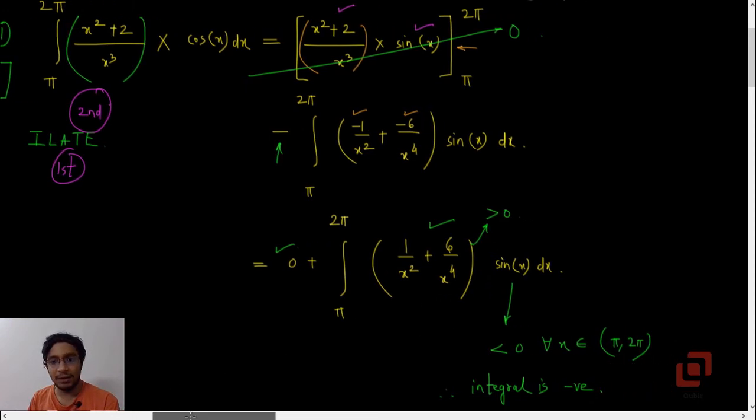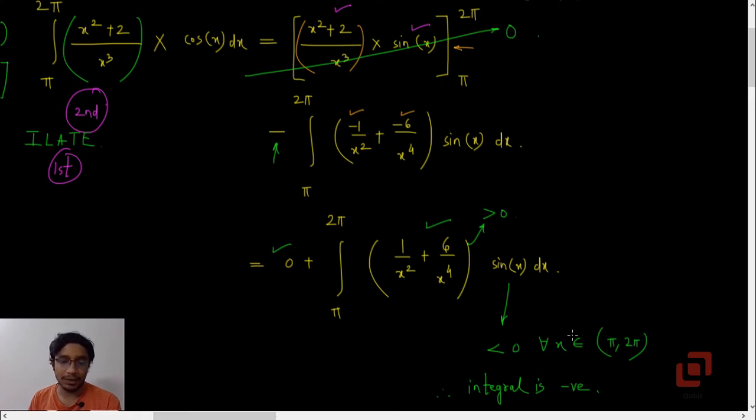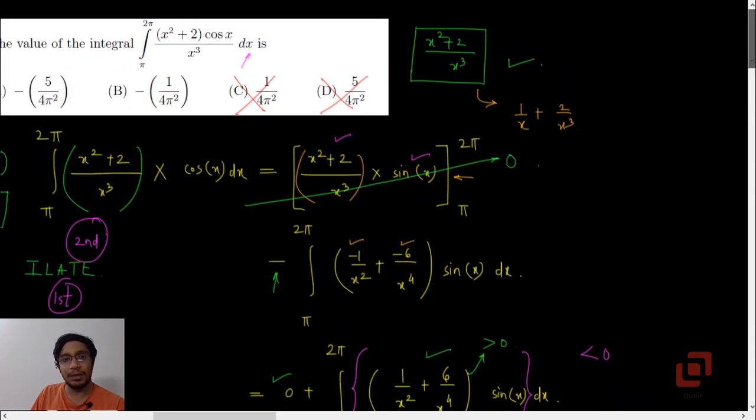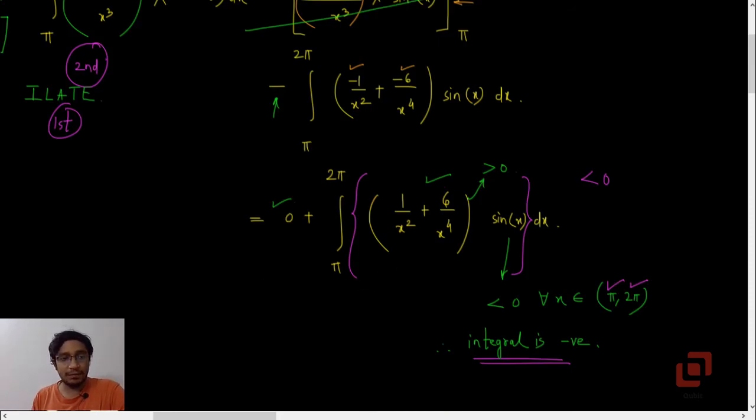And what about sine x? If x is taking values between pi and 2 pi, we know that sine is positive only in the first and the second quadrants. So if x is anywhere in the third and fourth quadrants, then sine x will be negative. So if this entire function is negative for x in the range pi to 2 pi, obviously the integral, which is ultimately the limit of a sum, will be negative. So this allows us to eliminate options C and D, as I pointed out earlier. It then leaves us in a situation wherein we will be required to evaluate this integral.